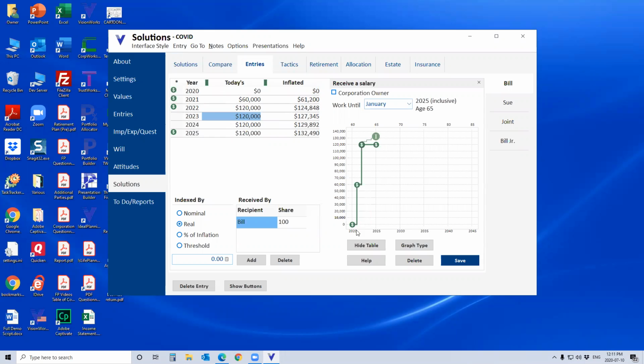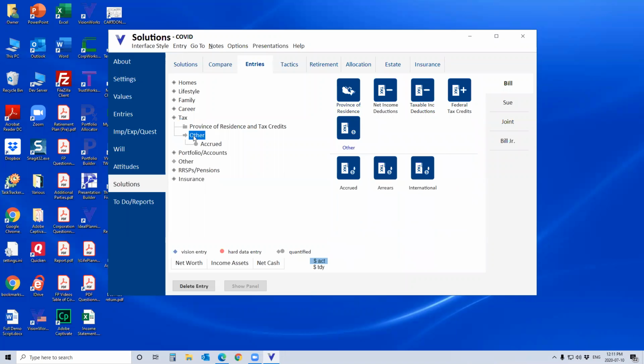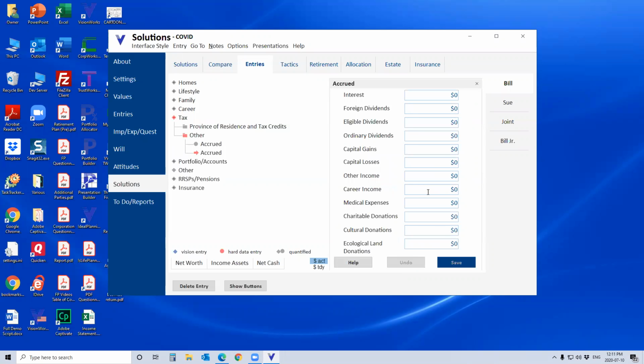It's up to you to try and put in something that's reasonable. So we've gotten rid of the salary this year, but what we need to do is account for the full salary, let's say the first 3 months of the year, $30,000. So this feature under tax, other, accrued. What did we earn earlier in the year? So this is where we can go in and say, earlier in the year, we earned $30,000 the first 3